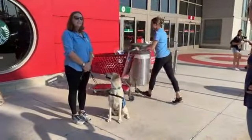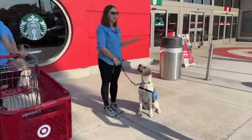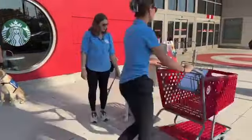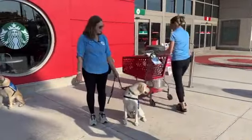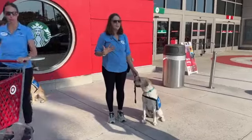Really nice. The other great thing about training in public is we have all sorts of real life distractions happening all around us at all times. So we as trainers and instructors are always ready to adjust accordingly. You know, someone else showed up with a dog all of a sudden, or a squirrel ran